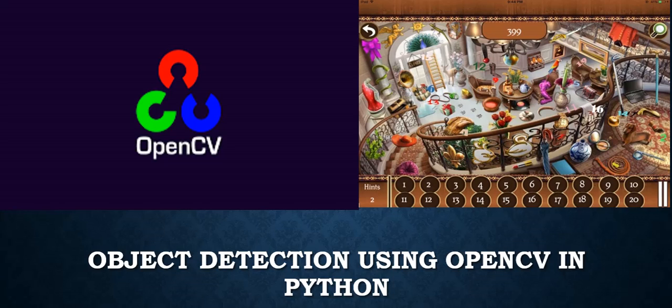Today in OpenCV we have one functionality called template matching. By using that library, we are going to identify an object in that image. Template matching can be achieved in many ways, but here we are going to use one function called template matching in OpenCV. For that, we are going to give a sample image. By using the sample image, it will detect that particular image in the source image. Let us see how to do that.